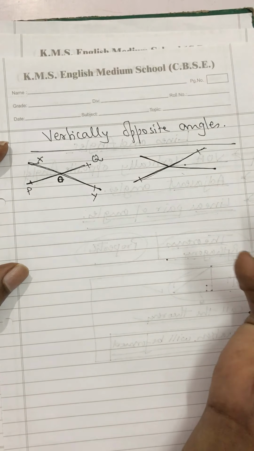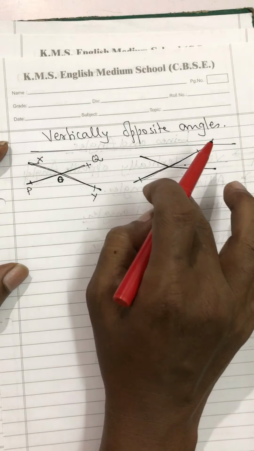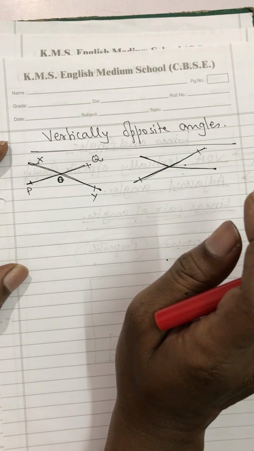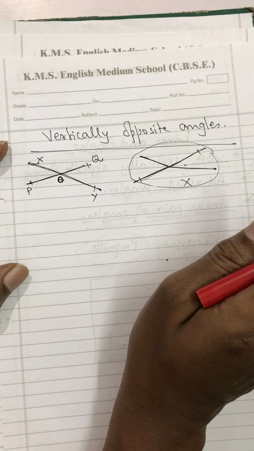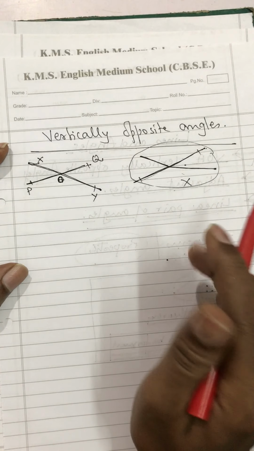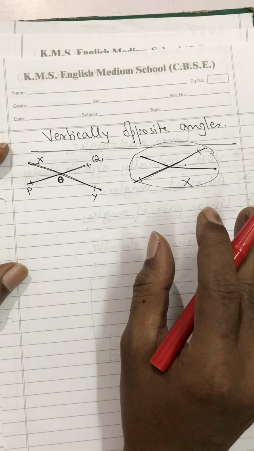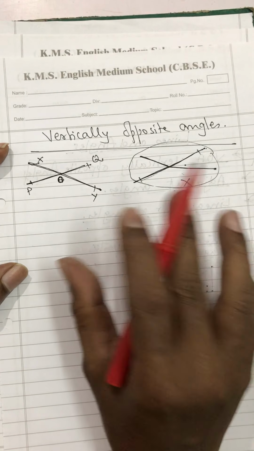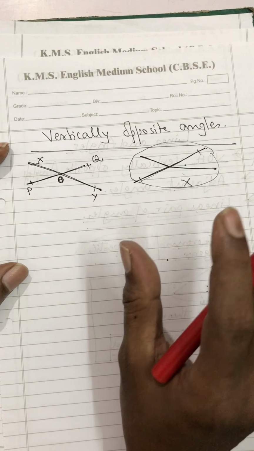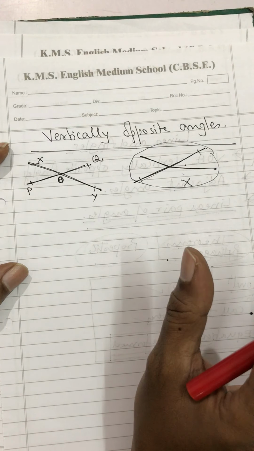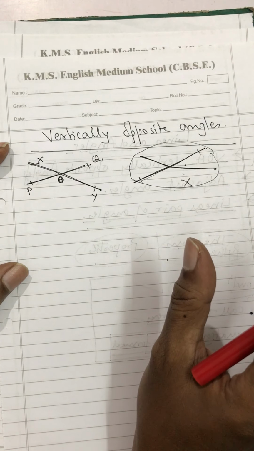Now there are intersecting segments over there. Here vertically opposite angles will not be formed. Here you can't use the property of vertically opposite angles. Both the lines have to be straight lines. One line is straight, another one is not. That is not the condition for applying the vertically opposite angles property. Are you getting my point, my dear students?